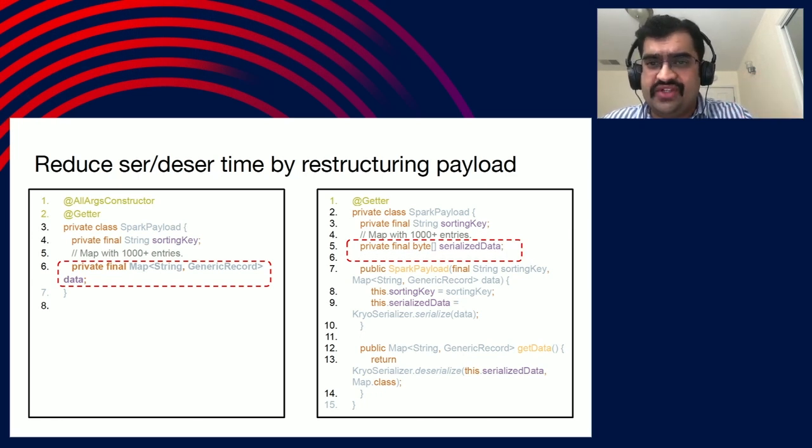then it makes more sense to serialize this map, which is what I have done on the right side. So if you have something like this, store it internally in a serialized format. You can just add a byte array. The advantage is whenever this Spark payload is deserialized by Spark, all it has to do is read binary data from disk and put it in this. So the number of CPU cycles spent for this is way less than on the left side.